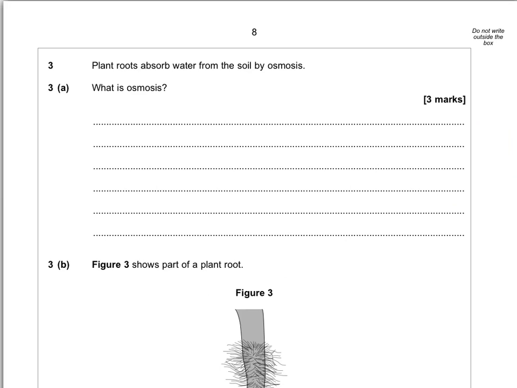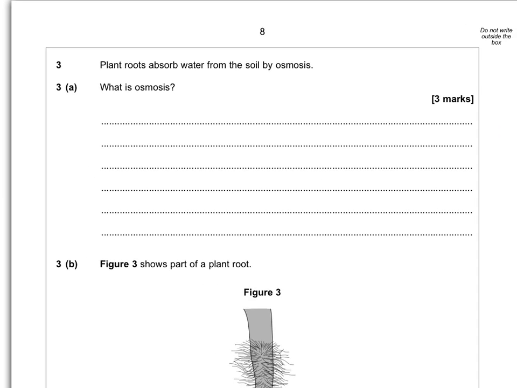A good old osmosis question. There's nearly always one on paper 3. Plant roots absorb water from the soil by osmosis. What is osmosis? Well, we've practiced this over and over again. So it's movement of water through a partially permeable membrane. So movement of water,